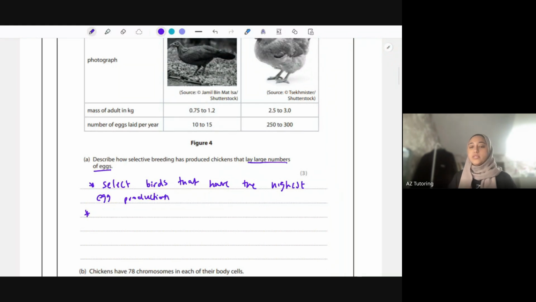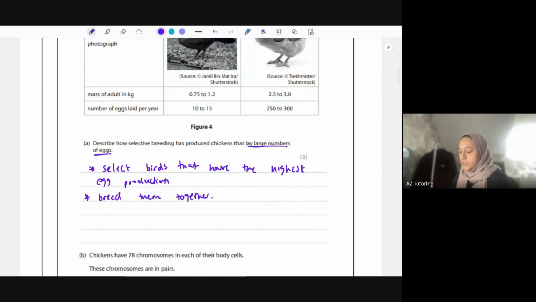It's always the same format with these selective breeding questions. You're then going to breed these birds together. The ones that have the highest egg production, you're going to breed them together for your next point. So then once you breed them together, you then select from their offspring which one has them traits. So from the offspring, so the birds that they give birth to, select the birds